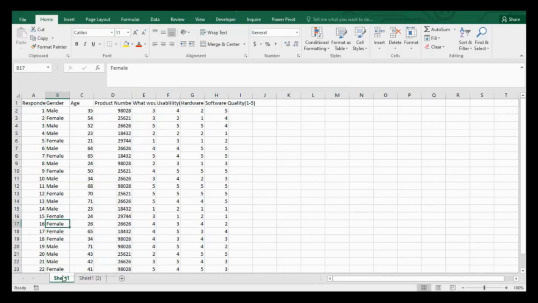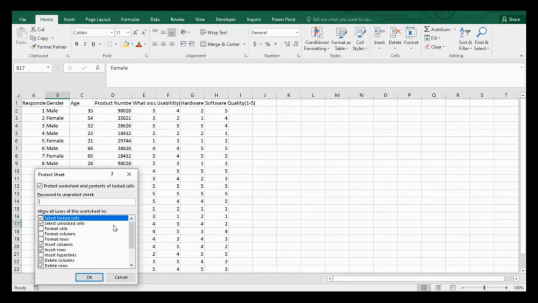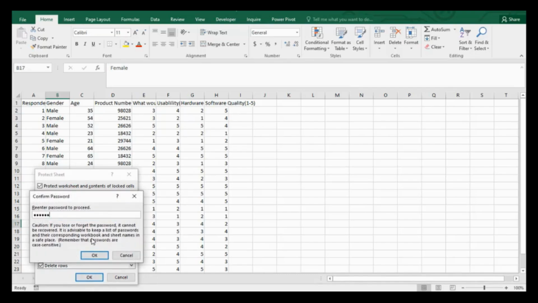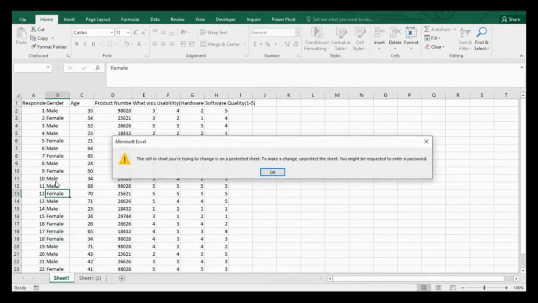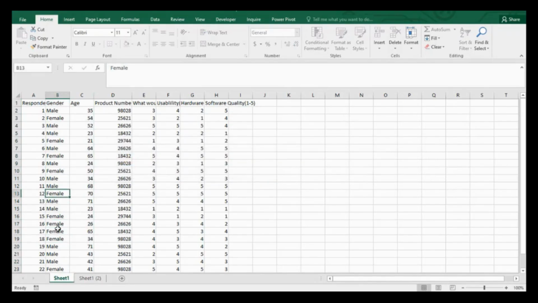Now come to the sheet, sorry, click on this, click protect. Now take note that after we have encrypted the workbook, we just clicked to unprotect the sheet and it unprotected the sheet. But now if I come on to this workbook that is locked, and then I lock the sheet again, let's see now,